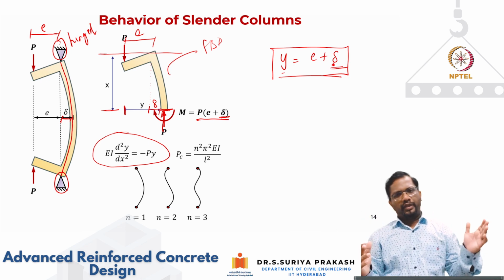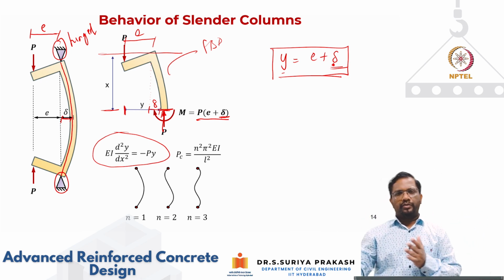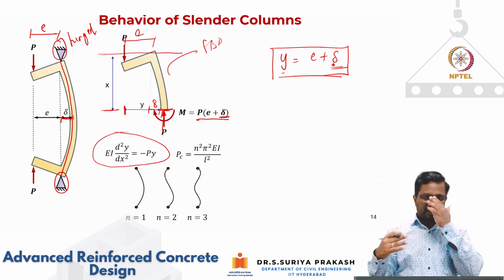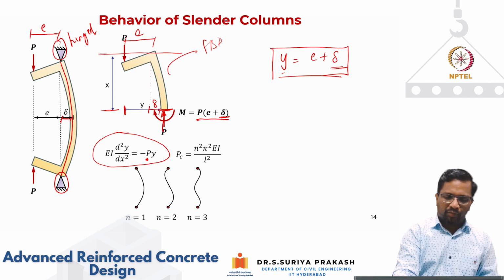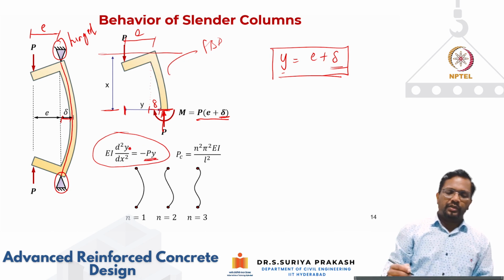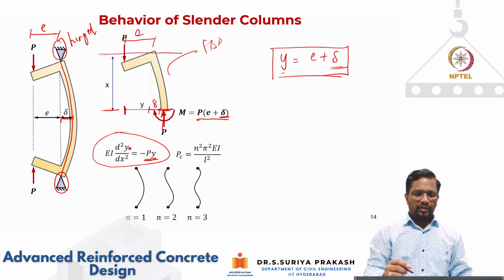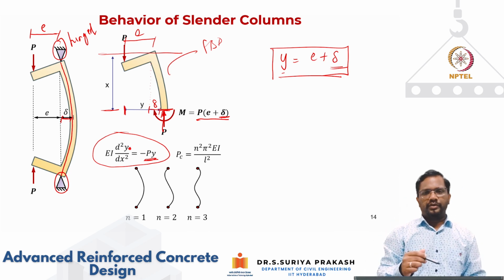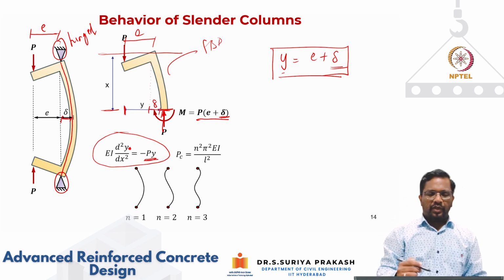So we know that EI d²y/dx² is equal to minus Mx, the bending moment at that particular section. So here the bending moment is P into y. So this is a simple second order differential equation, and you can solve for this differential equation, and depending